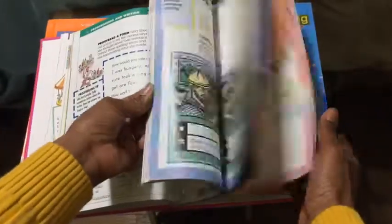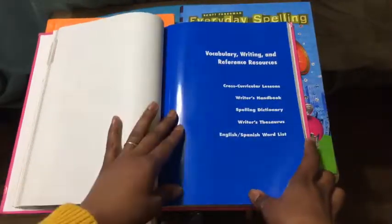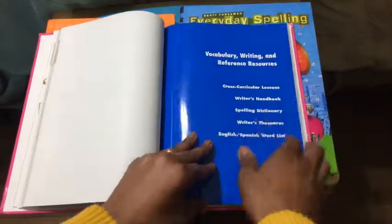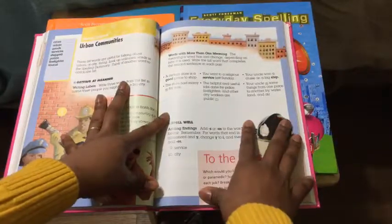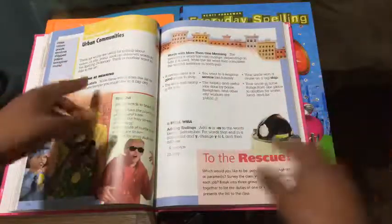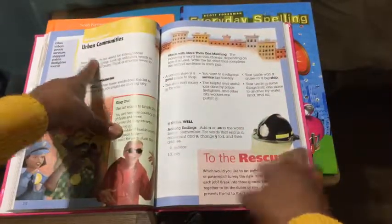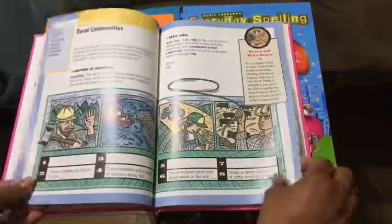And then the unique thing, this is the reason why I love this book, because this is a good travel book if you just need one particular book to use. It has this section with the cross curriculum, where it talks about vocabulary, writing, and reference resources. So here you see it talks about social studies, and in this section, if you want to break down, do unit studies, this would be great too. And you just talk about each little segment within a unit study. That would be cool too. It talks about urban communities, and you have your vocabulary words and different activities that you do. Rural communities,